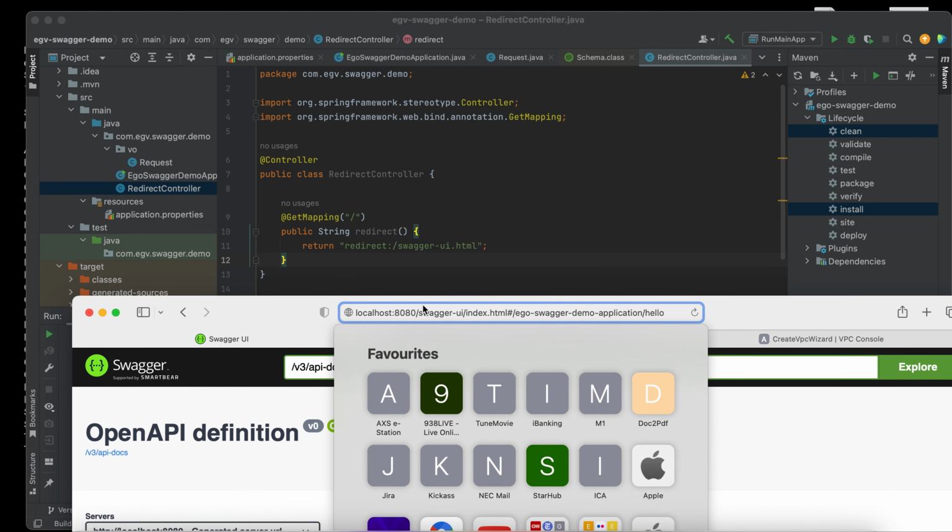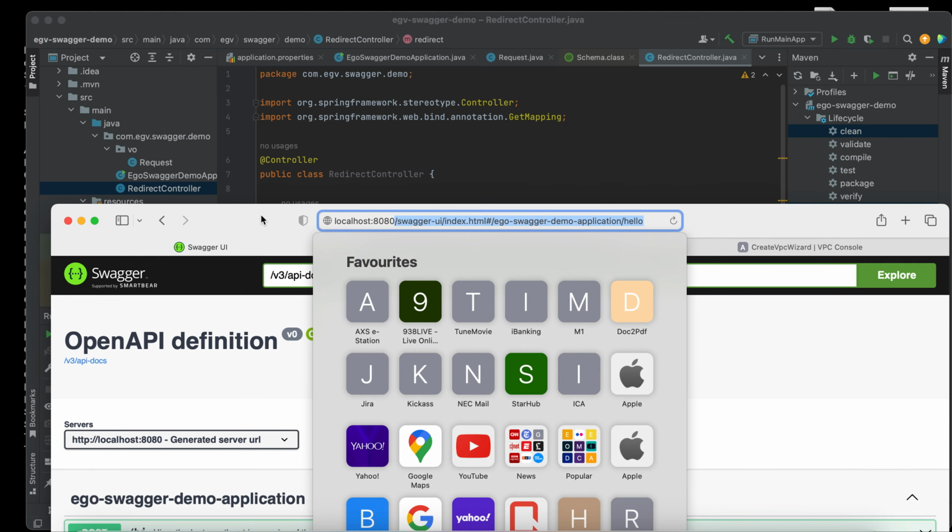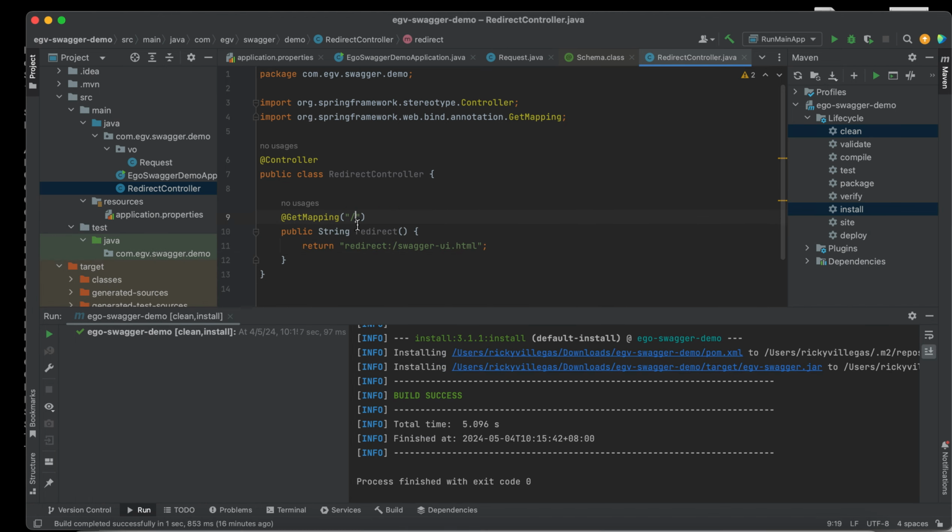We don't need to type any endpoint like swagger-ui.html. By default it shows the Swagger page. This is the purpose of this controller.